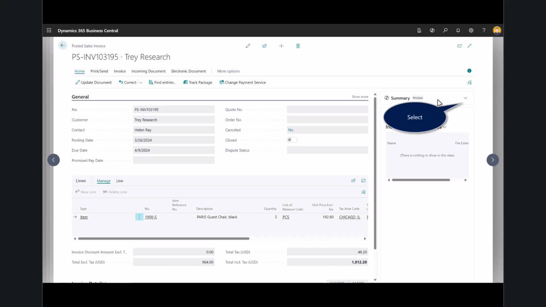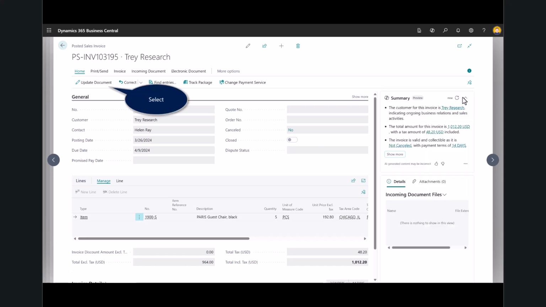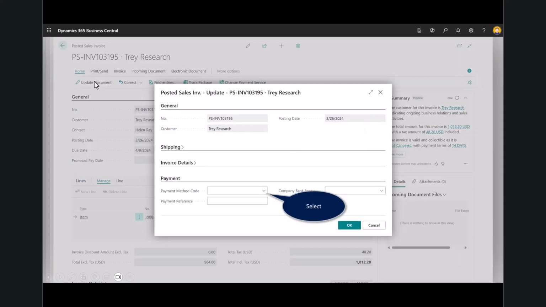Now, expanding the summary area that's being driven by Copilot, it gives me a summary of not only the customer, but even the specific document, where I can see everything about the customer on the invoice, what the total amount was, what the tax is. It's just a short, simple, easy way that it summarized that data inside of the individual document.